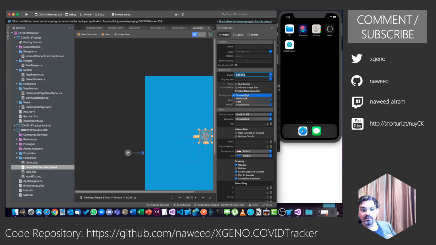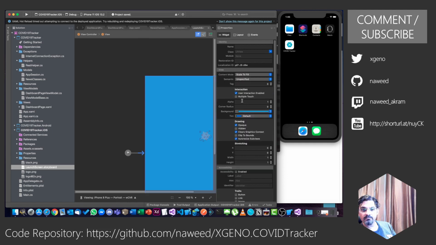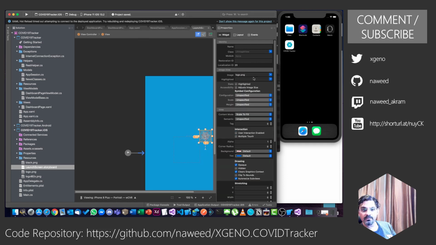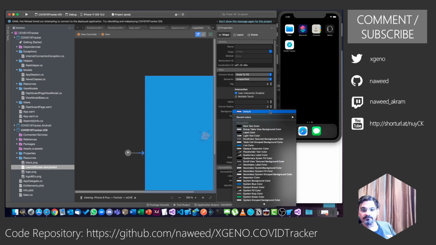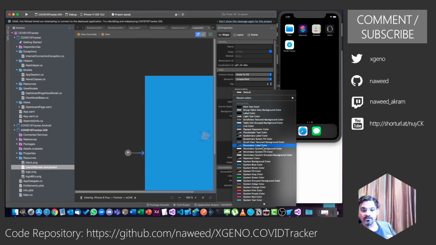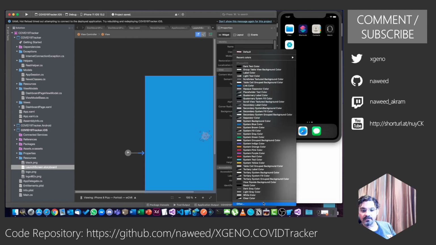I am going to go back over here. Current mode is scaled to fit, that is fine. And for the background color, I am going to make it white.